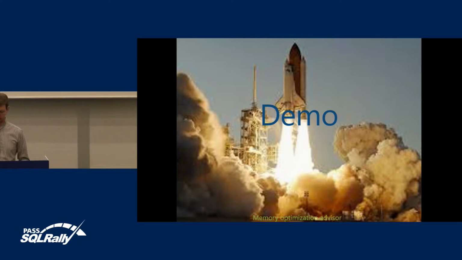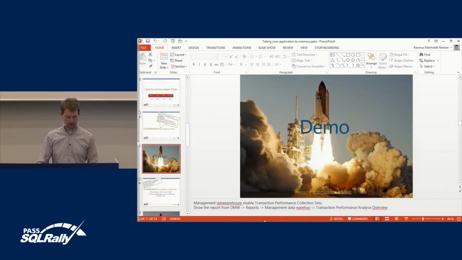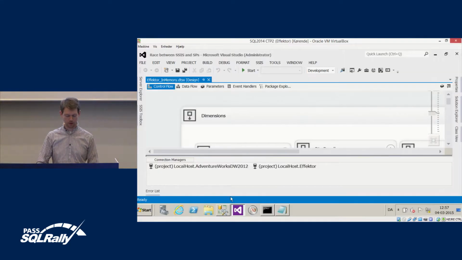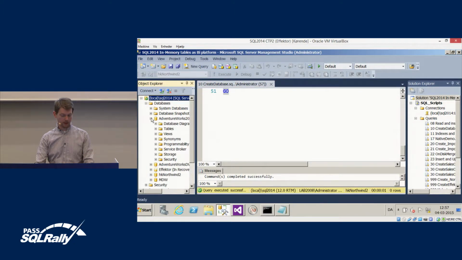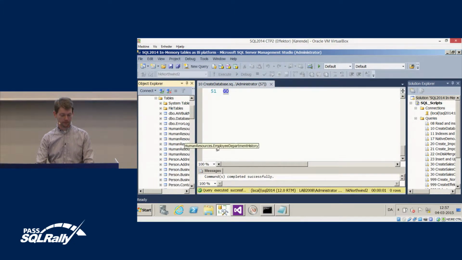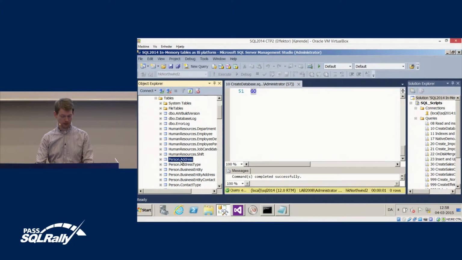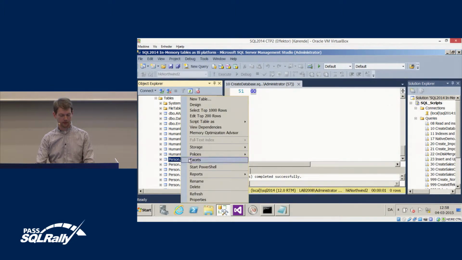But all of this is also, we got the memory optimization advisor that will guide us along on what we should take into consideration whenever we start converting our stuff. So we look at how Adventure Works, for instance, is built. Let's go here, any given table. None of them are actually able to convert to memory optimization. But if you have this menu point called Memory Optimization Advisor in SQL Server 2014 Management Studio,